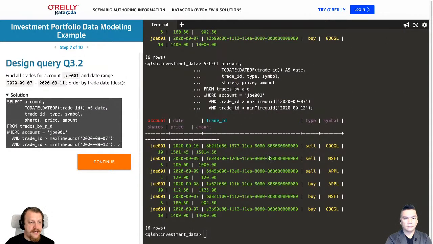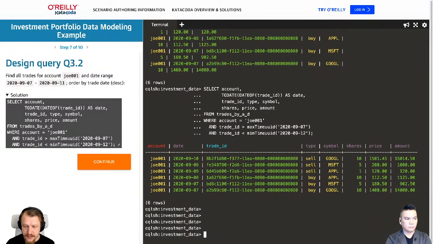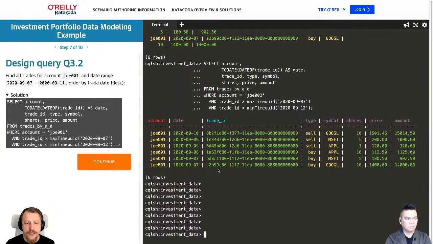And you can see they fit into the range I've specified. Yeah, that looks better. You see they are sorted in the range I wanted, and the date is formatted. Notice, date in this case is not a column of the table, but the to date of trade ID as date. Simple as that.